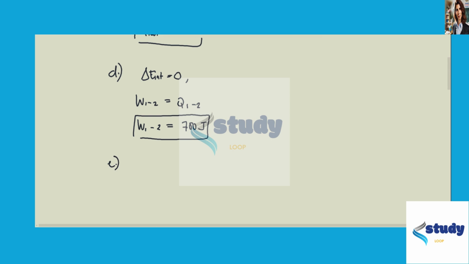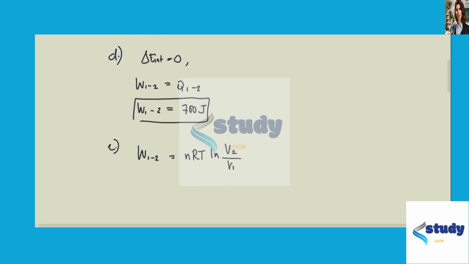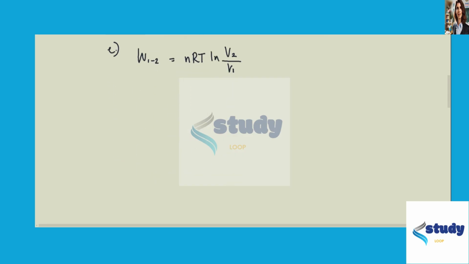For letter E, using the equation for the isothermal work, we have work 1, 2 is equal to nRT ln V2 over V1, where T is equal to 350 Kelvin. Thus, if V1 equals 0.200 cubic meter, then we obtain that V2 equals V1